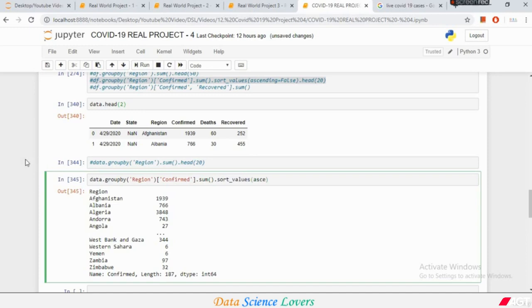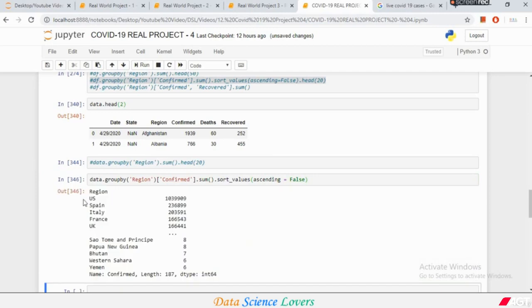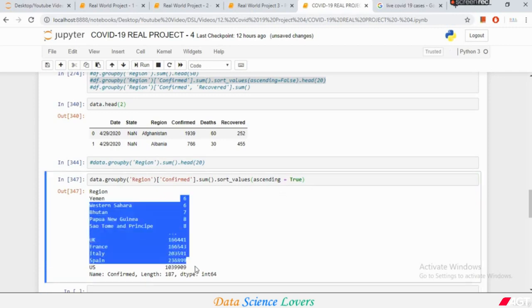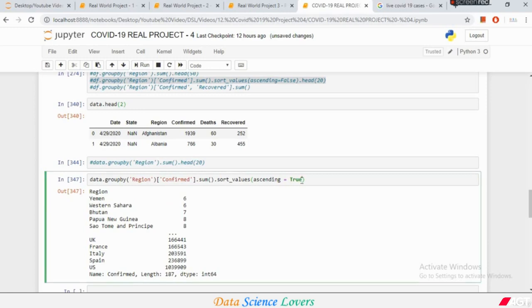If I write ascending equal to false, then it will show the results in descending order. As you can see, the result has been shown in descending order, and the US has the maximum number of confirmed cases while the Yemen has the least number of confirmed cases. And if I use true here, ascending equal to true, then it will show the results in ascending order. Alright, but we have to use false here